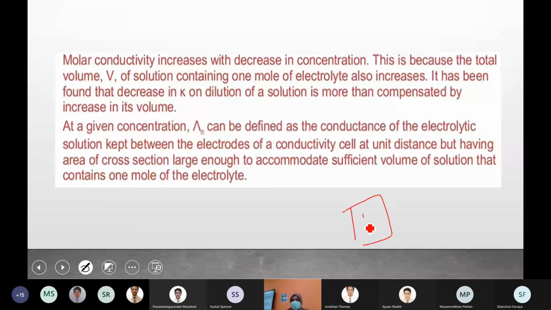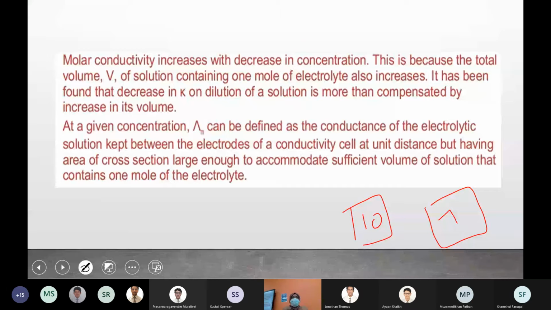If you have 10 particles in unit volume, when you're diluting, it may change to 7 or 8. But in the case of molar conductivity, because of the increase in volume, the movement of ions is becoming more easy, so that this decrease is not noticed. The increase is more evident. So when you have 2 things happening simultaneously, which effect is more strong, that will take over, right?